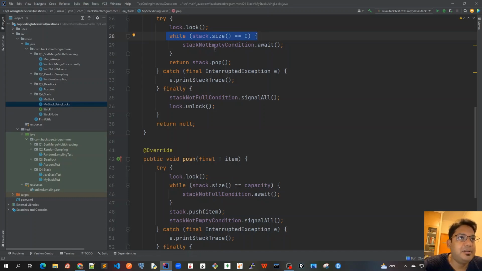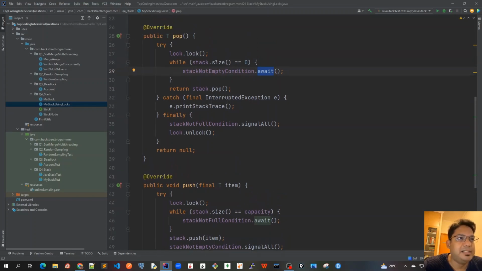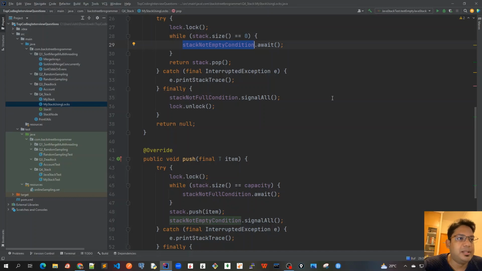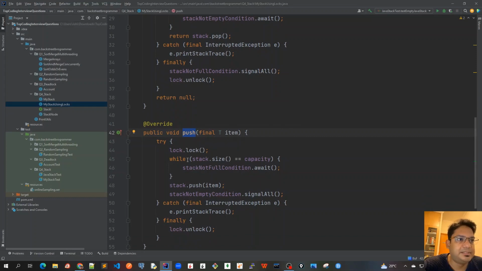If the stack is empty here, it means that the not empty condition is not correct and the threads have to wait for it. So that's why we have to wait here. We have called this await signal. So whatever threads are waiting for this condition, that is not going to be true unless we get anything pushed here. Now suppose there is one pop thread and it has reached this point when the stack is actually empty, and that thread is waiting on this condition because it's not empty yet. And now another thread comes and it uses this push, and it checks that the size is already 0, so it will not go inside this loop,